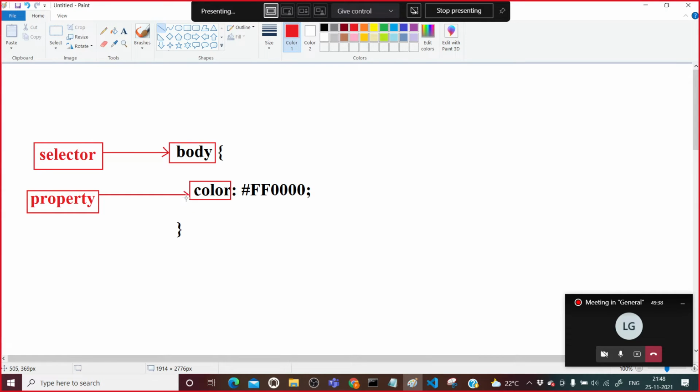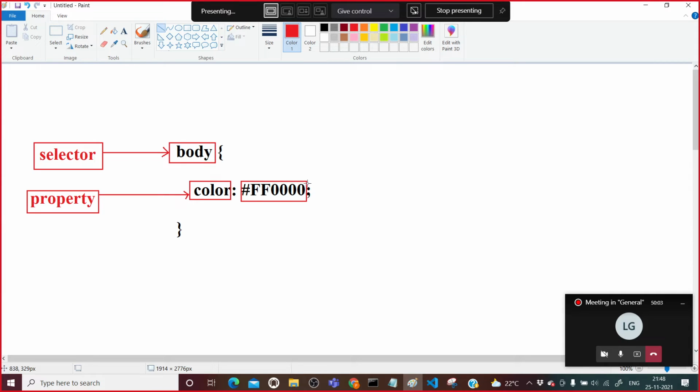After that, this is the value for that particular property.